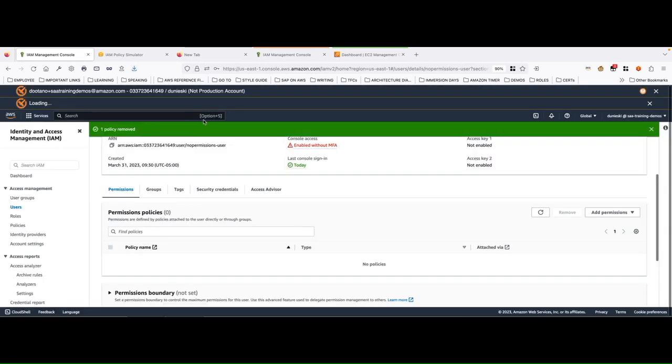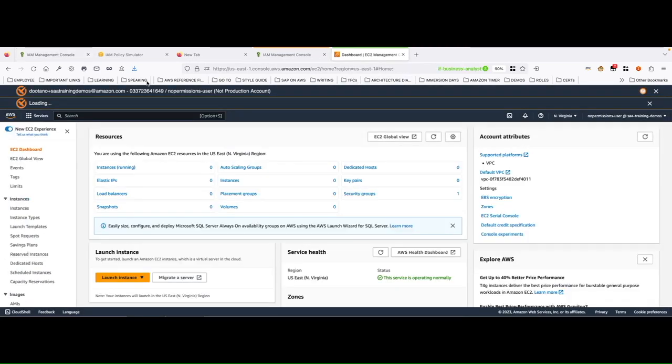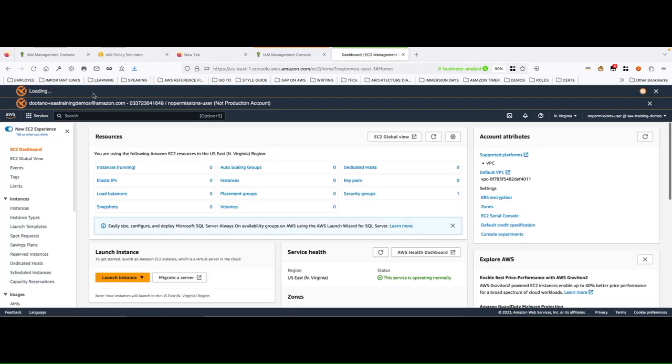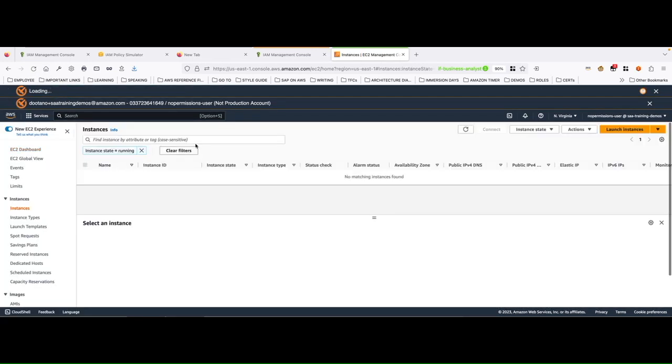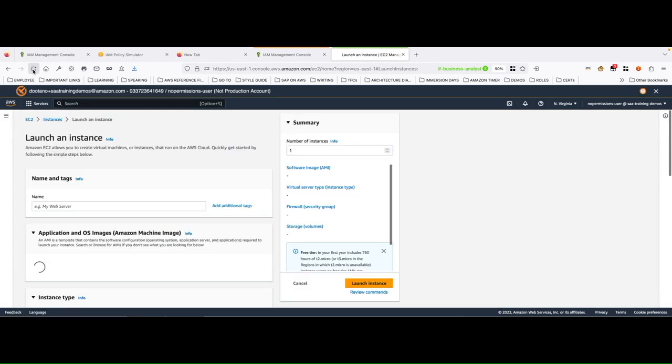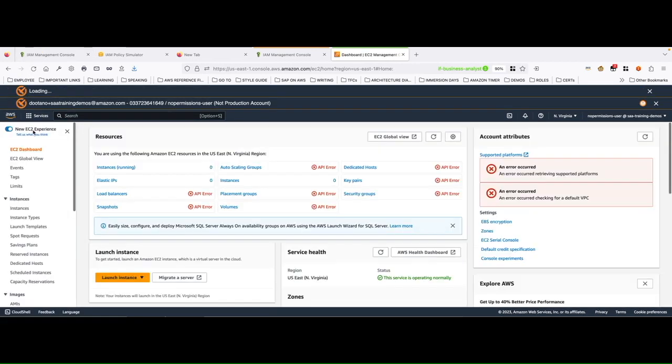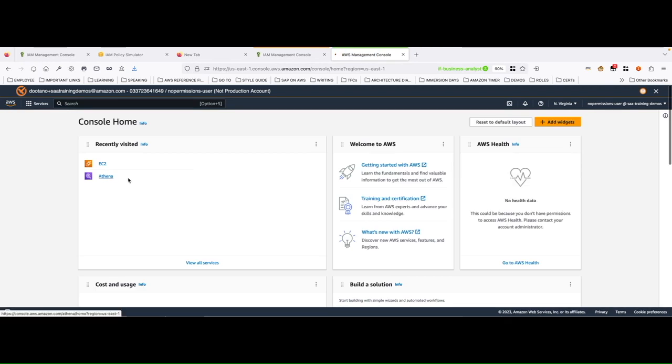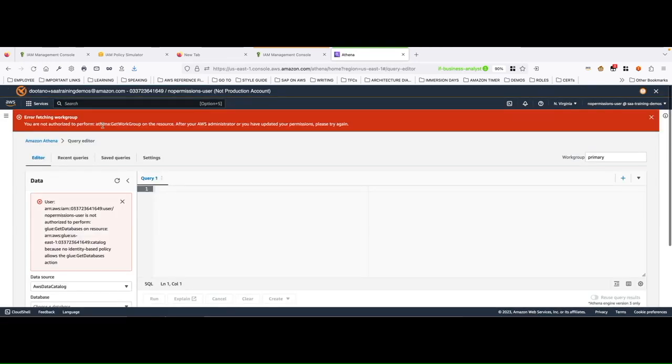Remove policy again. And then I go back to the no permissions user. I refresh the page and I should get an error somewhere here. Well, this is not, let me see here. So I may need to log back in, but this shouldn't be happening. Oh, there, here we go. You start getting errors. Let me go back to Athena where I was before because I got permissions first with Athena, and there you go. You're not authorized. You see how fast this works? How quickly this is populated? You can manipulate the permissions from there,